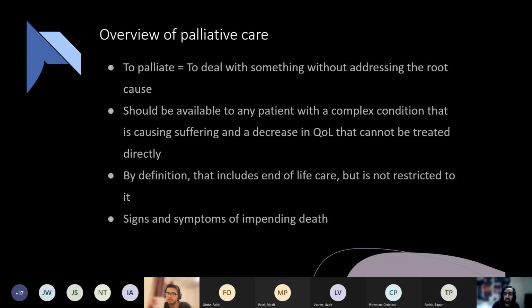So moving on to the next bit, what are signs and symptoms of impending death? Let's say within the weeks leading up to somebody dying, what sort of things might you notice, or you might advise the family about, that this is normal as a person starts, not acute death obviously, but dying from something like cancer? What sort of things will happen in the patient that are signs that this person is going to die in the next few weeks, days? Yep, so appetite loss,